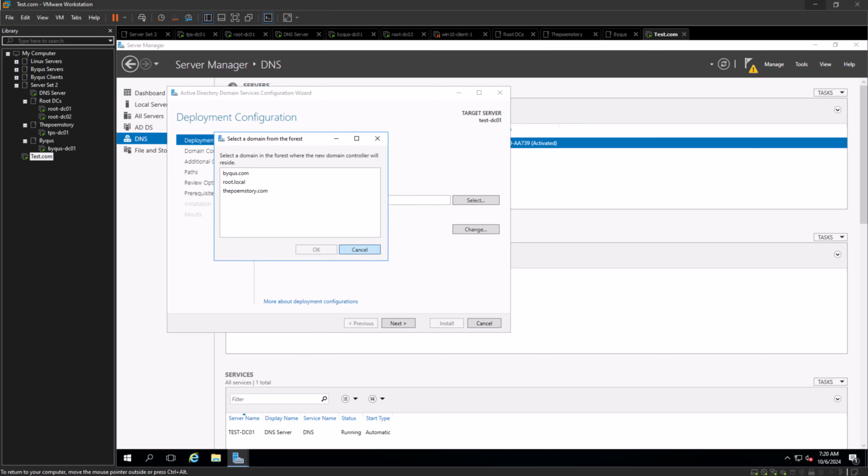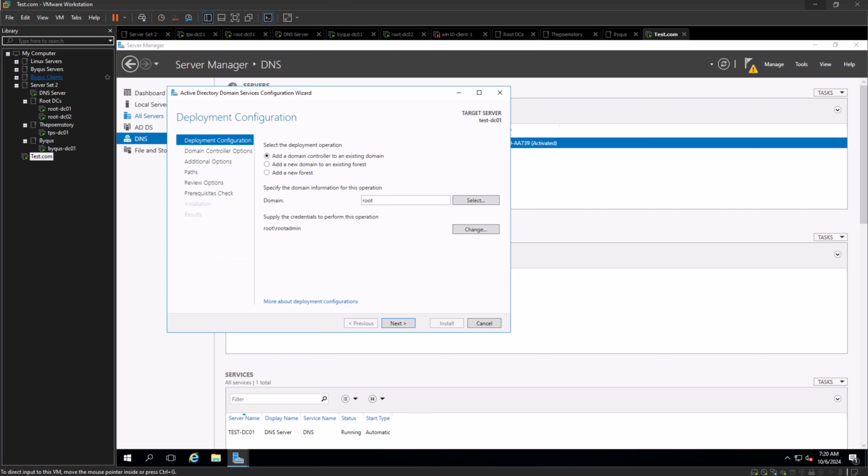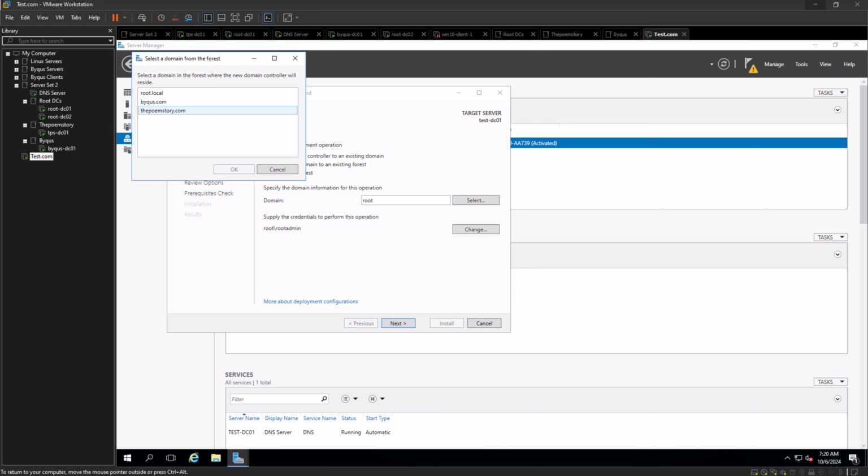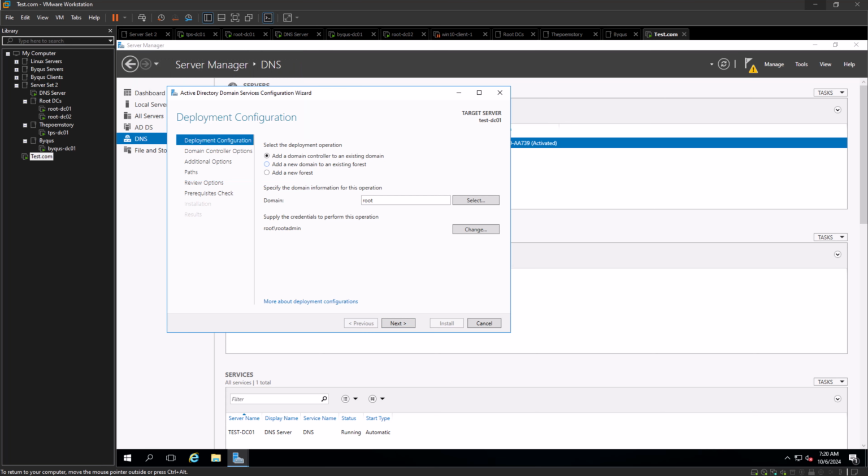Okay, yeah, so when you provide the credential for your root forest, it will list all these three domains. If you want to add a domain controller, you can just select one. Suppose you want to add it to poemstory, you can select it from here and it will proceed. If you want to add a new domain, you select this, and